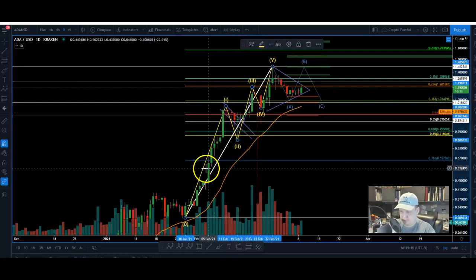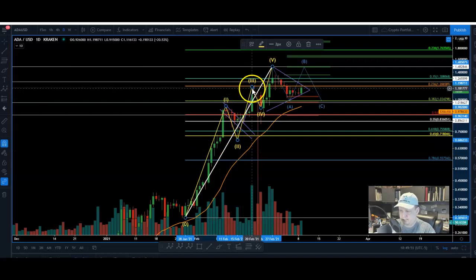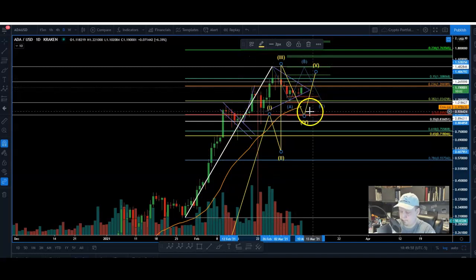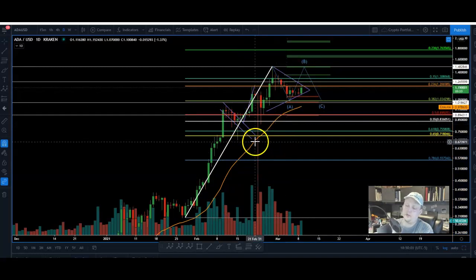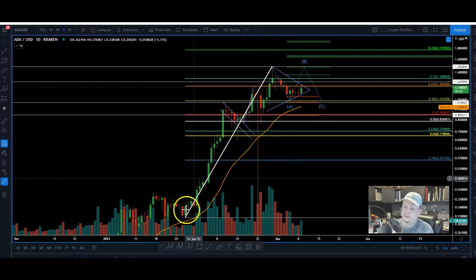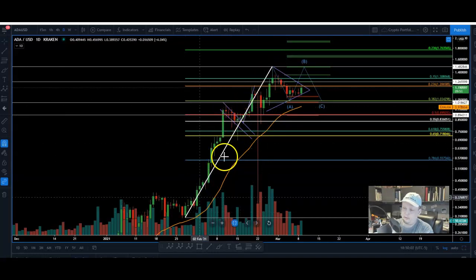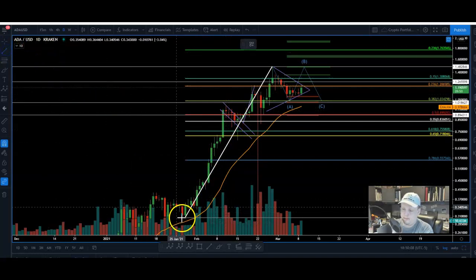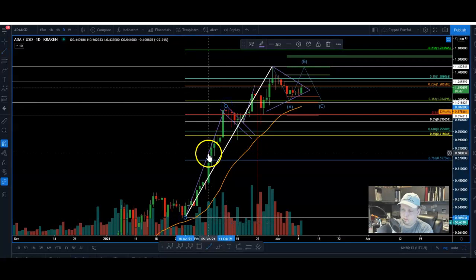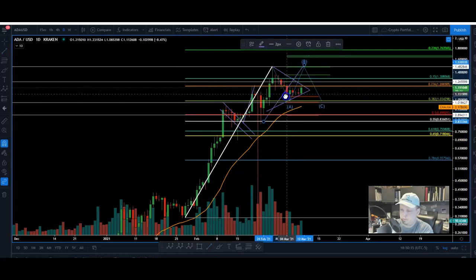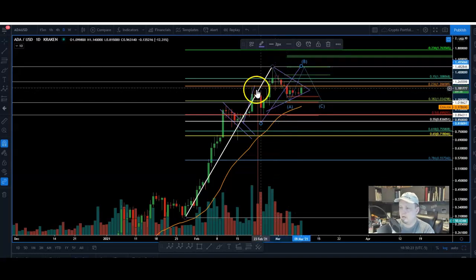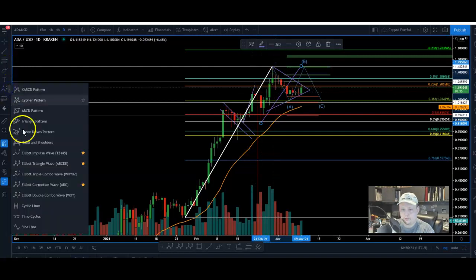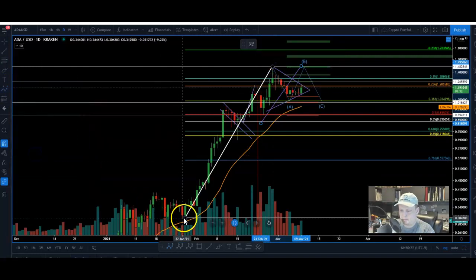And wave 3 usually is not that short. So actually, I gotta think about that. This might not be the correct Fibonacci Elliott wave, because wave 3 has to be equal to or greater than wave 1. So if you take the distance of 1 and you copy it to where you think 3 is, oh, actually, it does. I might have misplaced it here, but look, if you put the Elliott wave like this,